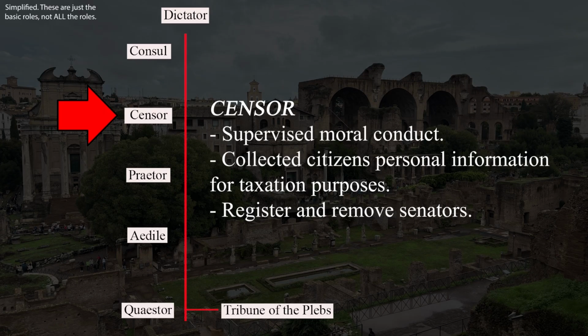The censors were a role that would oversee the registration and taxation of citizens specifically. So obviously, as I mentioned, they were appointed with adding and removing senators who maybe misbehaved, or new senators to come into this. However, as you can kind of guess from the name, they had to monitor the census, which was making sure that they had a note of how much every single citizen was worth all the time, to make sure that everybody was getting taxed appropriately.